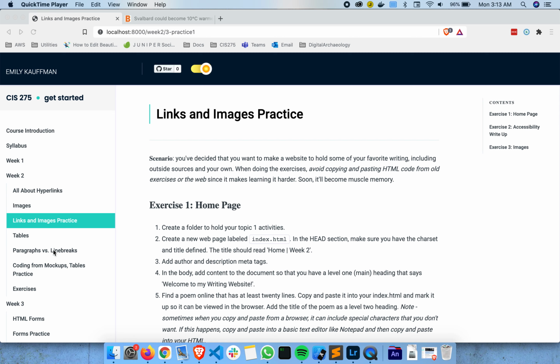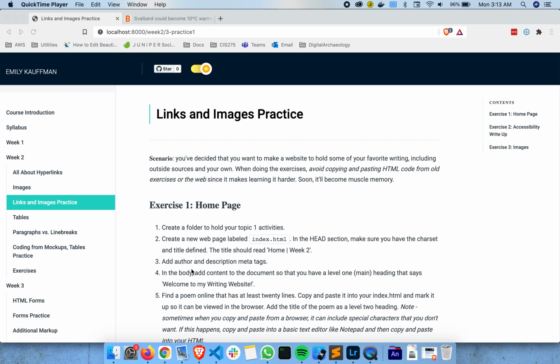So this week we're going to cover the last of the new stuff for HTML. So congrats, after this week you'll have your first web language down. And then after that we're going to start moving into design and CSS. So it's really important that you really understand HTML and you feel really good about it before